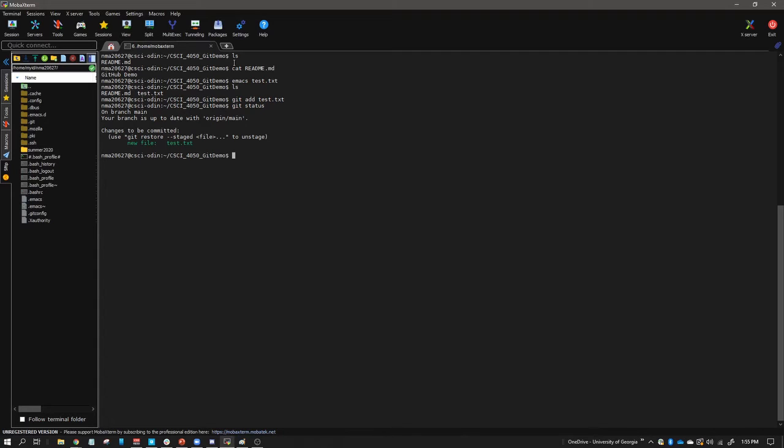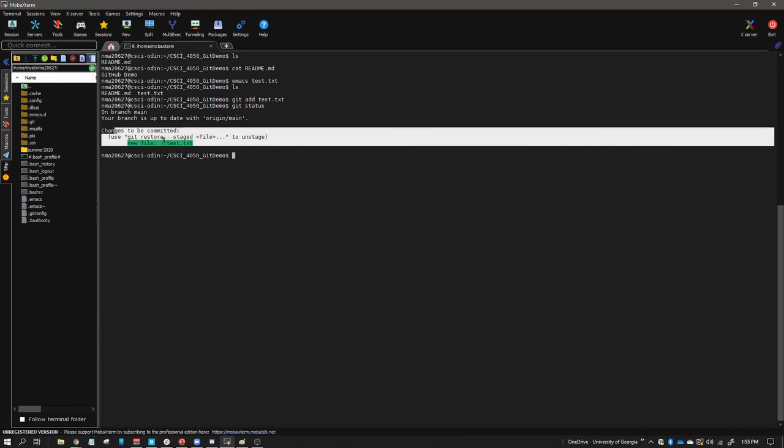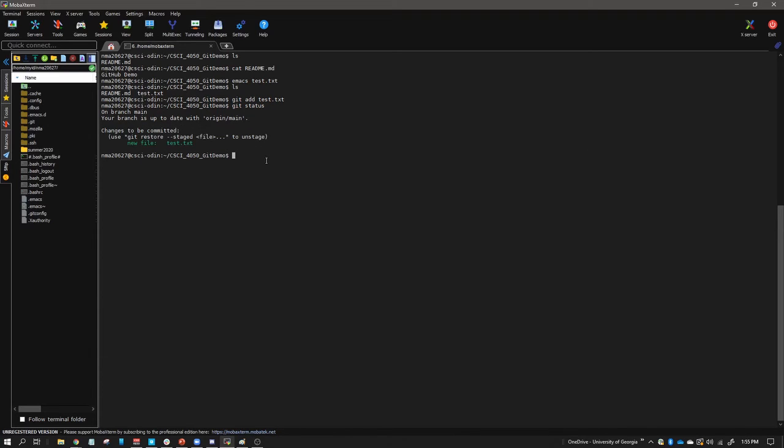If we can see, we now have this that says changes to be committed, new file. If we had not added it, it would not have committed it when we try and run the commit command. So now that we've added it, and we're ready to commit it, give it to our teacher, as I was saying earlier, we could say,